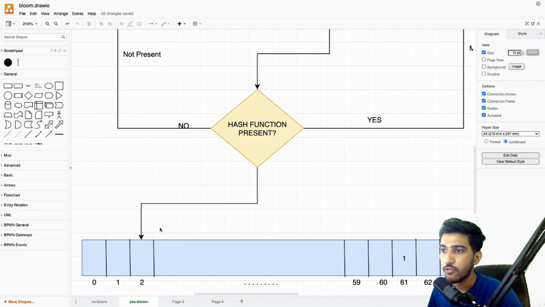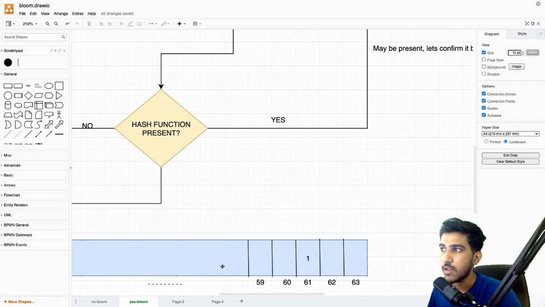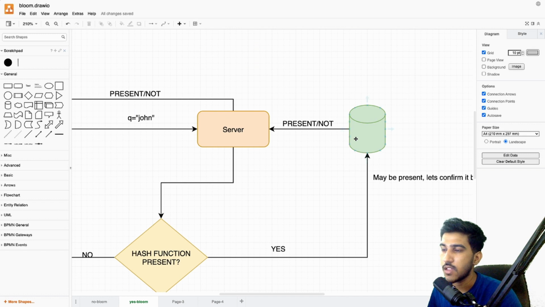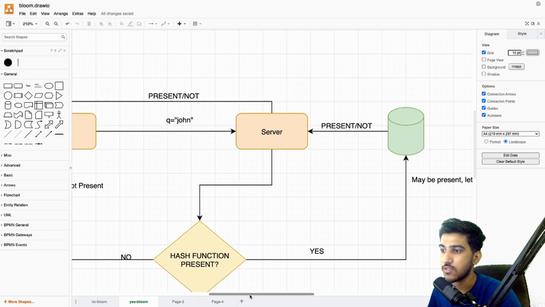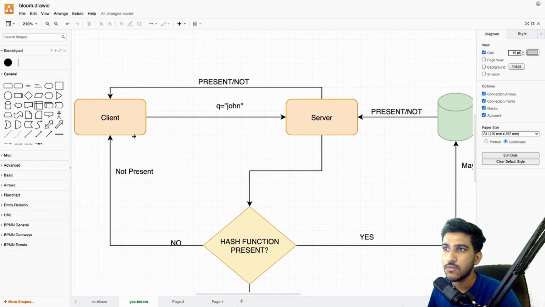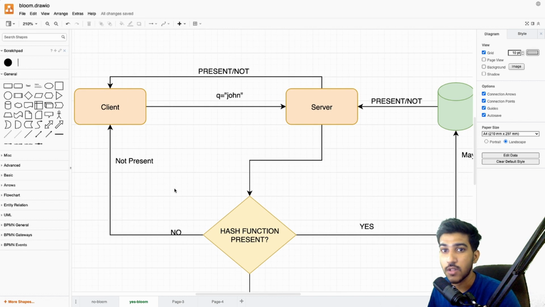So for that, if the bit is 1, or the bit is set here, we'll be immediately querying the database, and then we will confirm whether John is present in the database or not. And similarly, the server would be sending back the response to the client.